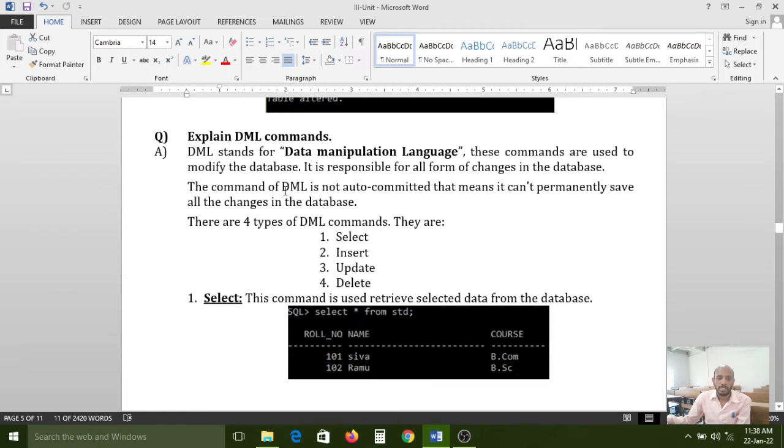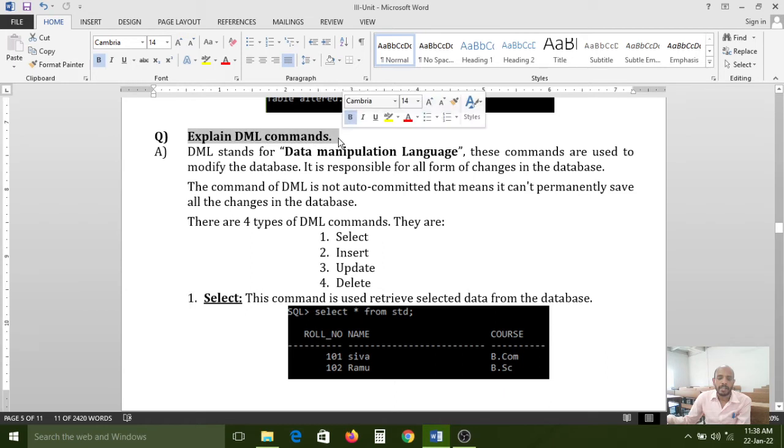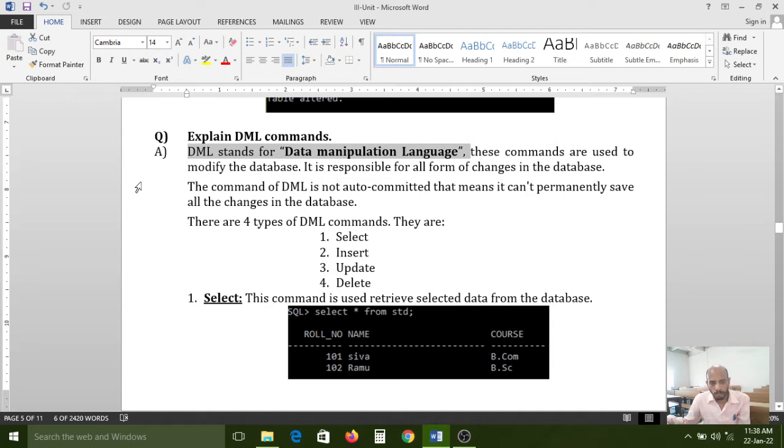Now in today's session, we have to learn about the DML commands. DML stands for Data Manipulation Language. These commands are used to modify the database.